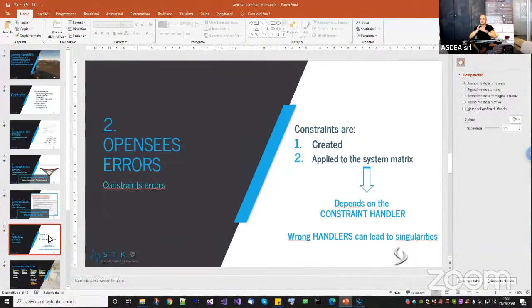So now we are done with STKO because I want to leave the last 30 minutes to OpenSees because probably it's more interesting for you. Now, there are many errors that can be made in OpenSees, as I told you. So here I decided to select what I think are the most commonly made and the least understood by the users. And I think, in my opinion, that the constraints are the main source of errors because, first of all,